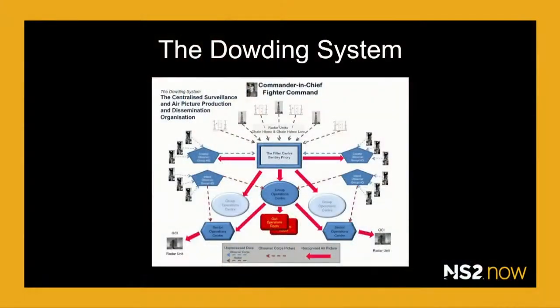And the red lines, it's hard to see probably, but it's pushing the recognized air picture out to all of the effectors, the effects grid: the fighter command units, the Spitfires and the Hurricanes, the anti-aircraft gunners, the barrage balloon specialists, the electronic warfare specialists, the ones who would actually apply effects against the Luftwaffe. Not shown here was the sustainment and regeneration grid, which would allow you to continue to operate under sustained combat